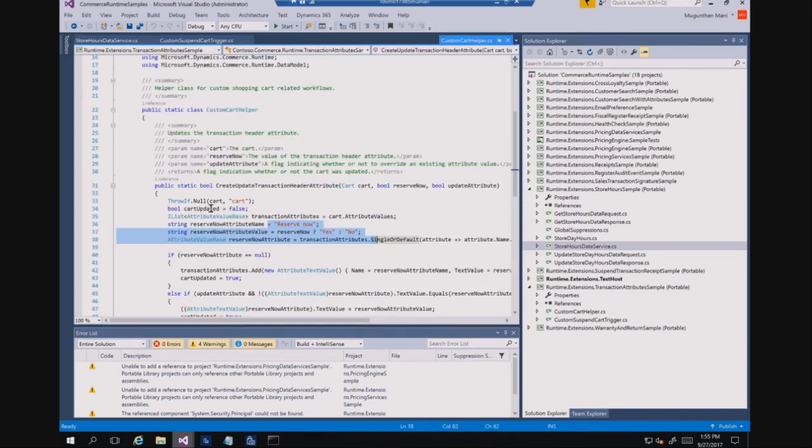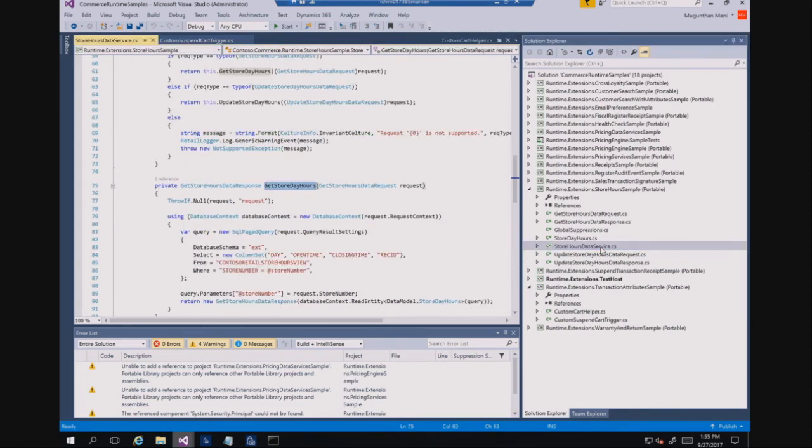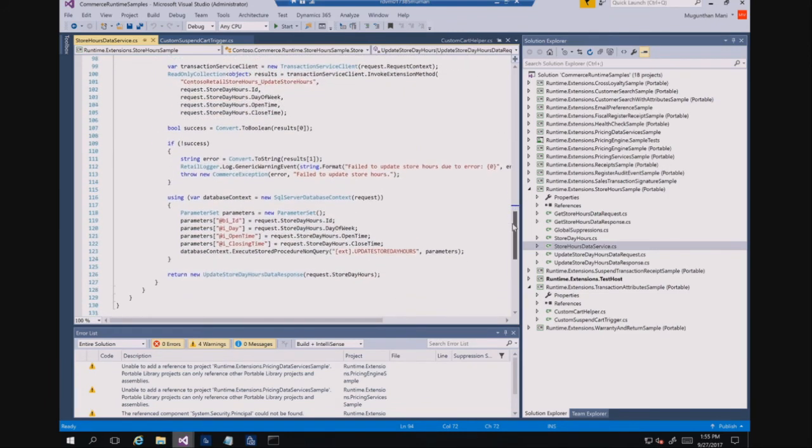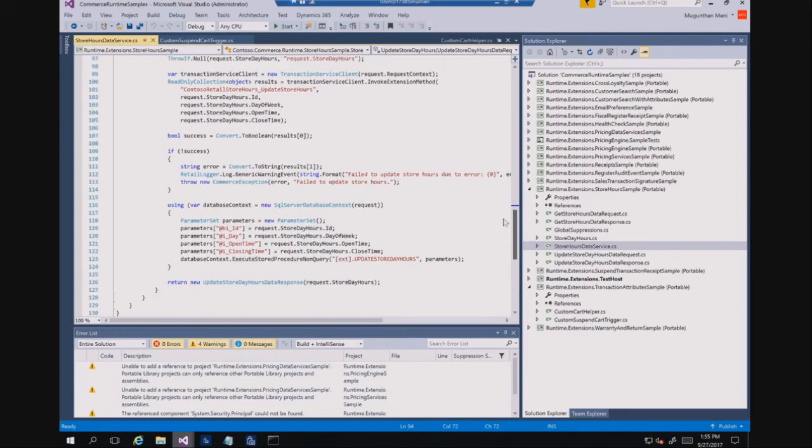Previously, another thing we did was when I click the update button, it updated the service, right? So there is an update service here. You will write those services which are going to update both AX, as well as call the HQ also, and then update it. For example here, I'm calling the HQ method, the transaction service client is the HQ, I call it, and then I will update it. I will also update the local DB. So this is how you create a new CRT service.